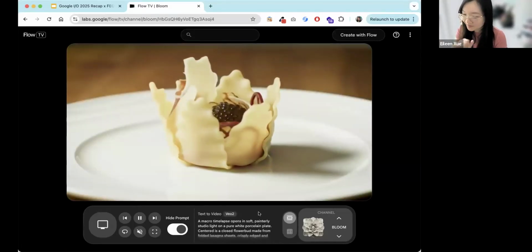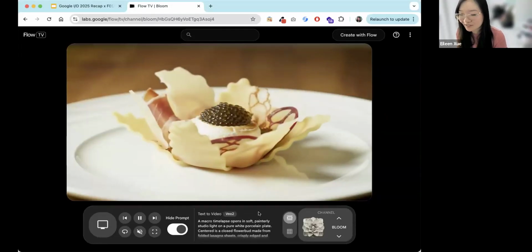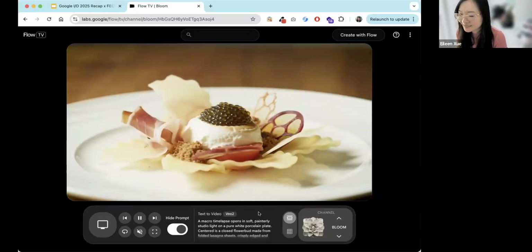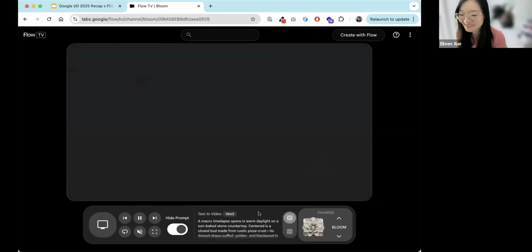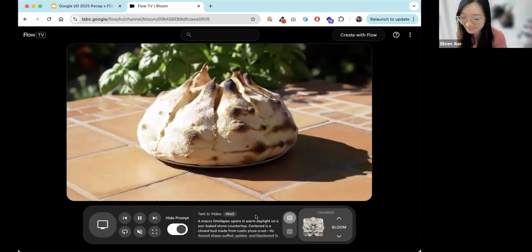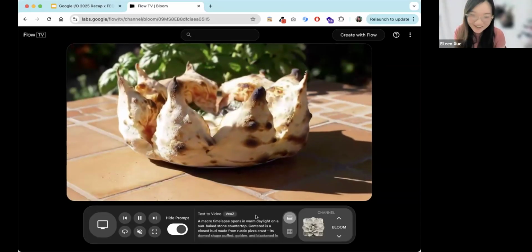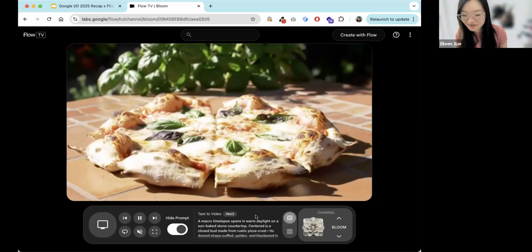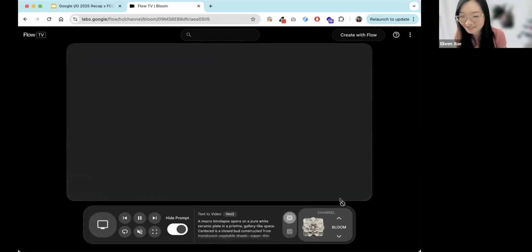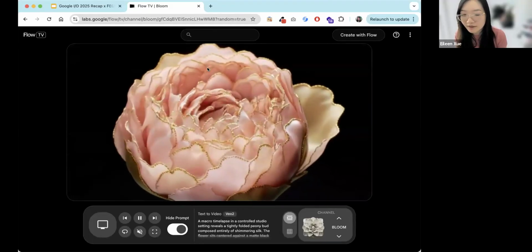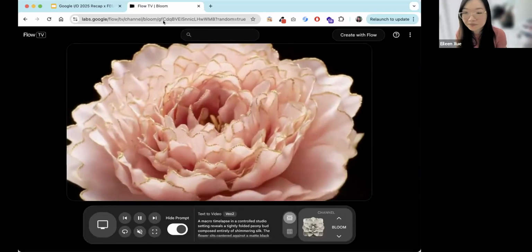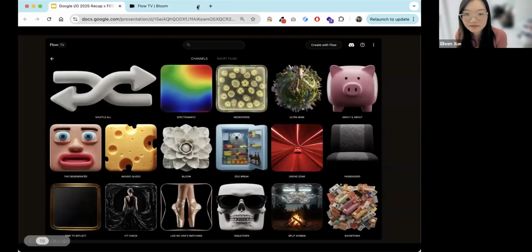Honestly, I was blown away just by watching a lot of these videos. I was like, that is really, really good. I'm just shocked. I don't know if you remember 2 years ago when video generators were out and they just looked like garbage, but now it looks so realistic and you can ask it to do anything you want. So if you have time, check it out. They also have little short films that you can check out, where filmmakers created short films using Flow.